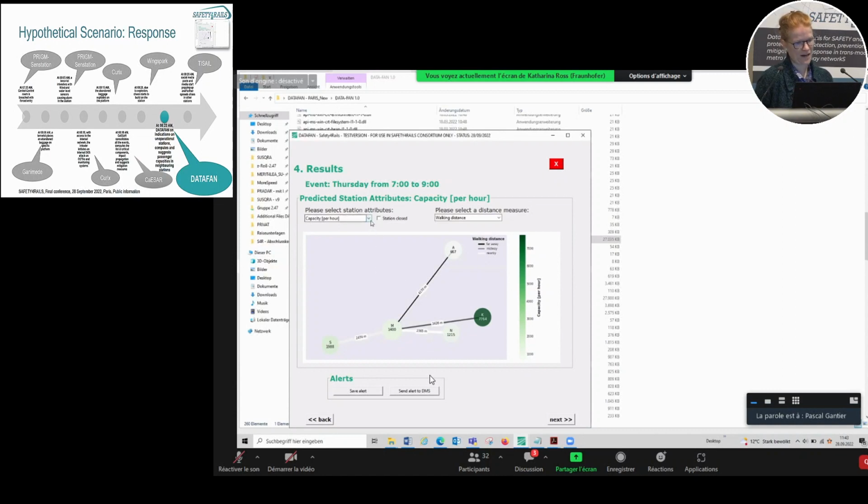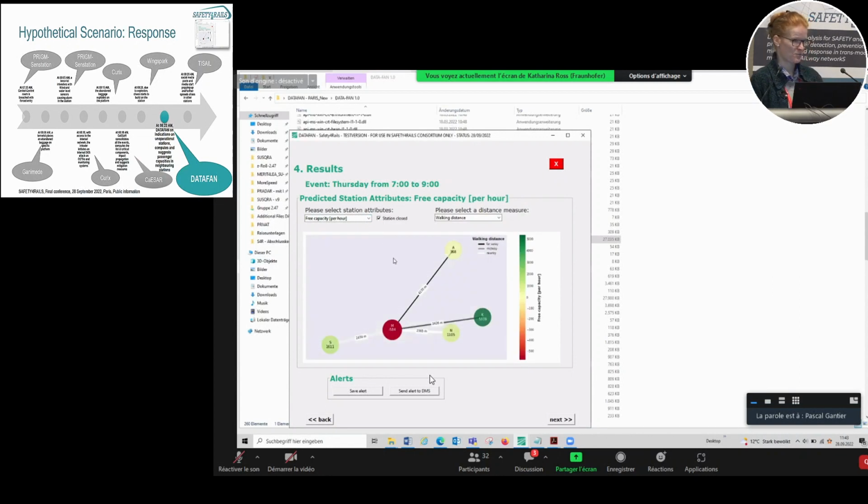This is the capacity per hour, but you also have the option to choose, for example, the free capacity per hour. This is what we need, and you will also get information about the expected number of passengers for that hour. You can see that, because we have the rush hour, there is a higher crowd of people than normally, of about 15% here. Now we go back to the free capacities, because we heard from the scenario that we are focusing on today